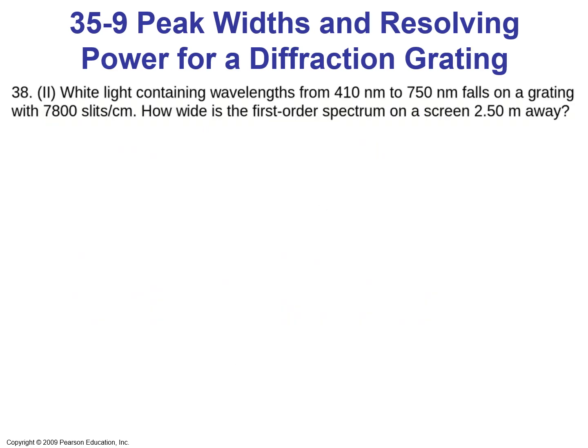Okay, let's take a look at problem number 38 in the book as an example. White light containing wavelengths from 410 nanometers to 750 nanometers falls on a grating with 7,800 slits per centimeter. How wide is the first order spectrum on a screen 2.5 meters away? So, to solve this problem, we use equation 35.13 to find the first order angles for the minimum and maximum wavelengths, which says d sine theta is equal to m times lambda,